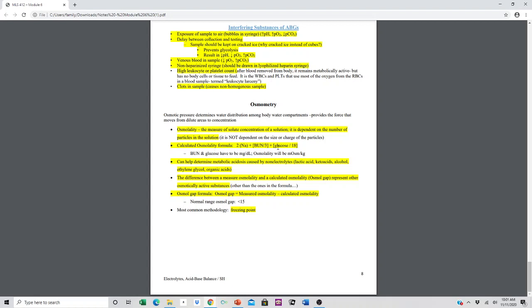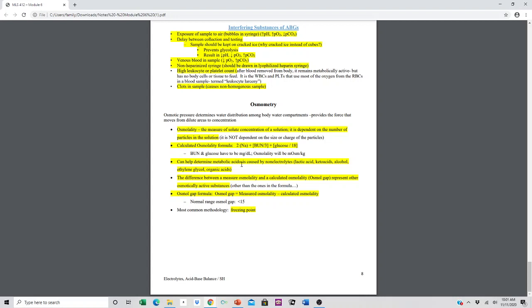So for osmolality, we have a formula here. You're going to memorize this for your exam. You're not going to have to calculate it, but you may have choices where you're picking which one is correct based on an example, or you may even have a free text box where you're given information and then you're typing this out. Measuring osmolality in this method can help determine if the metabolic acidosis is caused by non-electrolytes, the presence of some